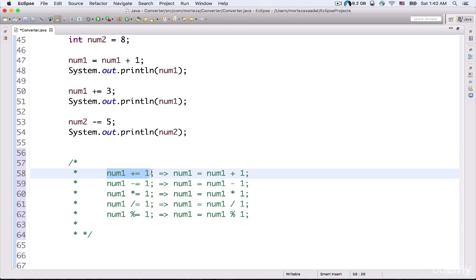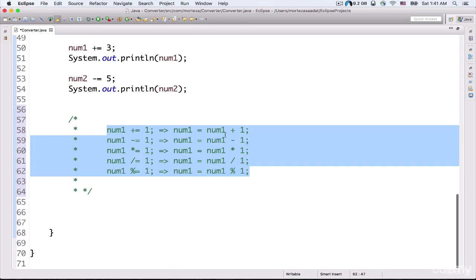So this way of actually writing your statements is a little advanced, okay? So you can actually assign values to your variables this way, okay? But I wanted to show you how you can actually assign values to your variables in this way. So maybe in the future, you may see in some other source codes, the programmer may have actually used this way of assigning values to variables in his or her Java programs, okay? This is just another way of assigning values to your variables, okay?